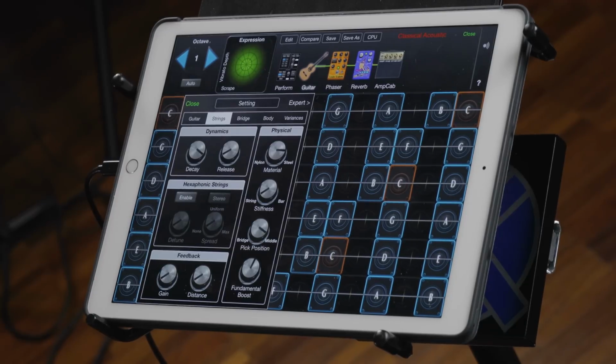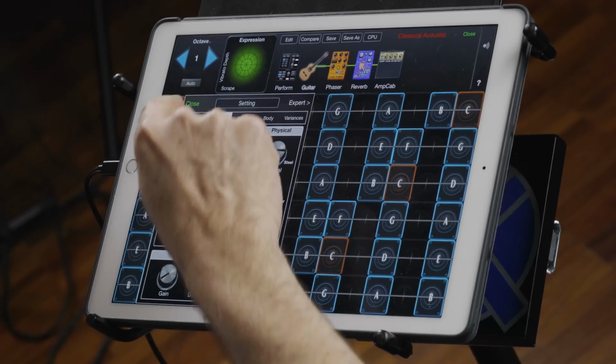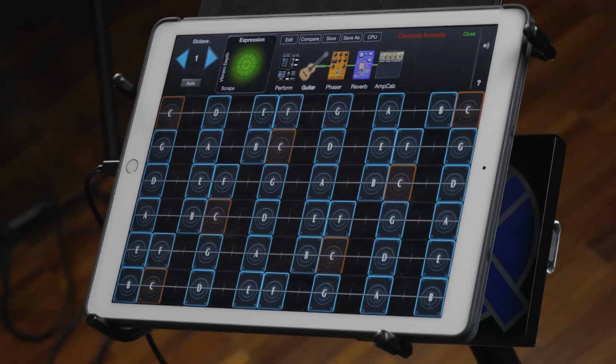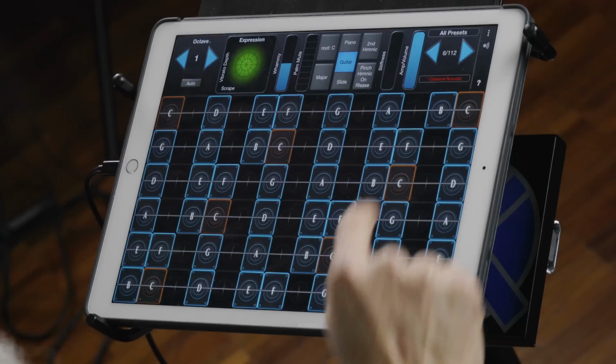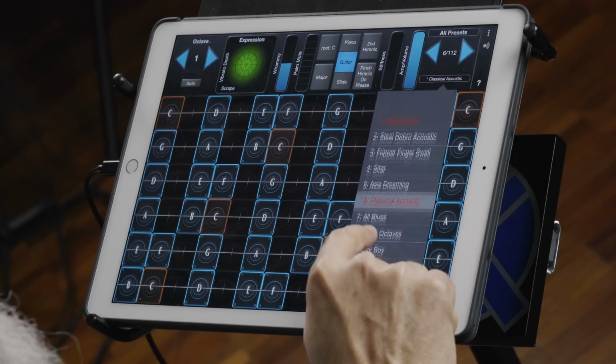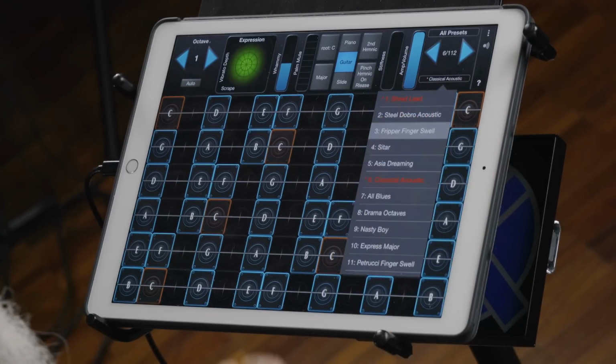This is one of the things that's really, really cool about the model. To show you feedback really effectively, let's go to one other patch. This is one of my favorites. It's one of the first patches in here. It's called Fripper Finger Swell, inspired, of course, by the old days of listening to Robert Fripp and the amazing things he would do with his guitar. But I love this patch because